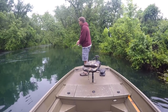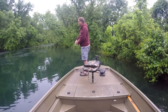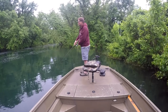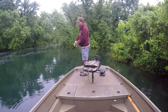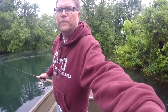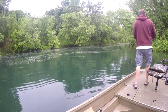I would think trout had hit this too, but I've just never really fished for them. Water's clear enough, I'm going to see anything that's chasing it, even out there. Let me turn this camera a little bit. There's also a heron rookery up there by the...